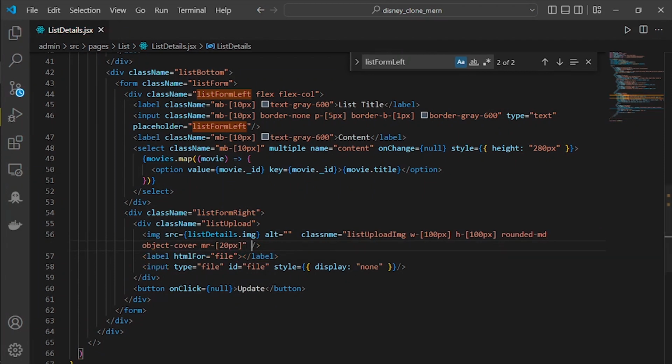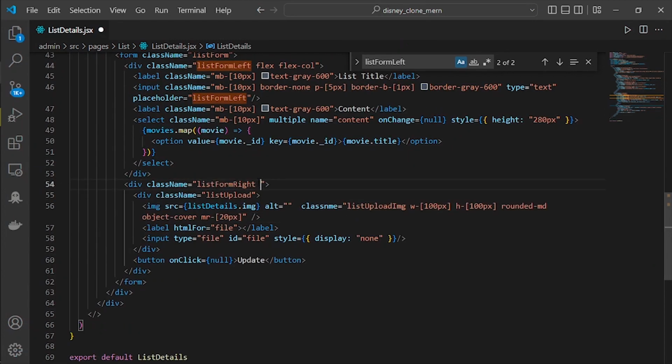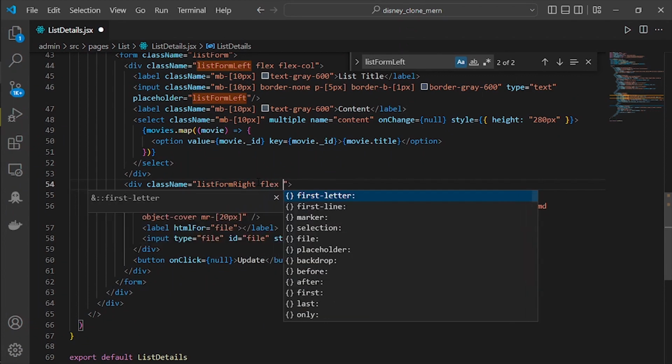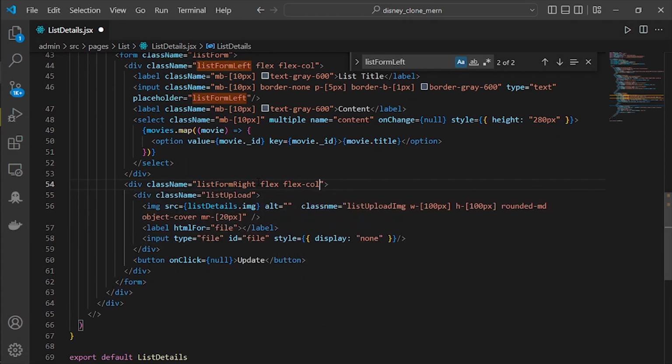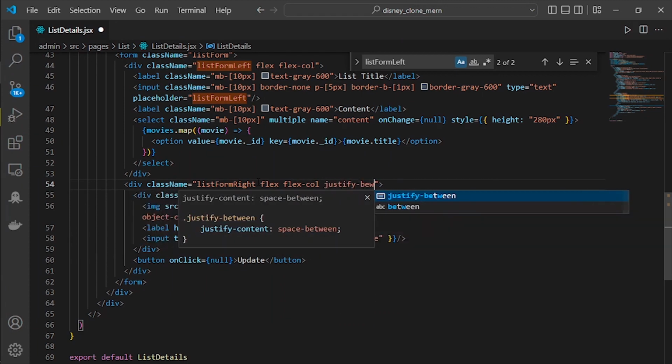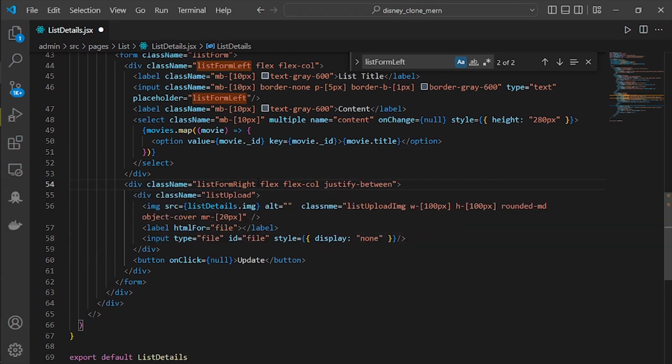Let's save it, and then here we are going to give a style to this list form right. It will have flex, and for the flex direction is column, and then for the justify content is going to be between, and then for the list button here, I'm going to give it class name equal to list button. It will have border